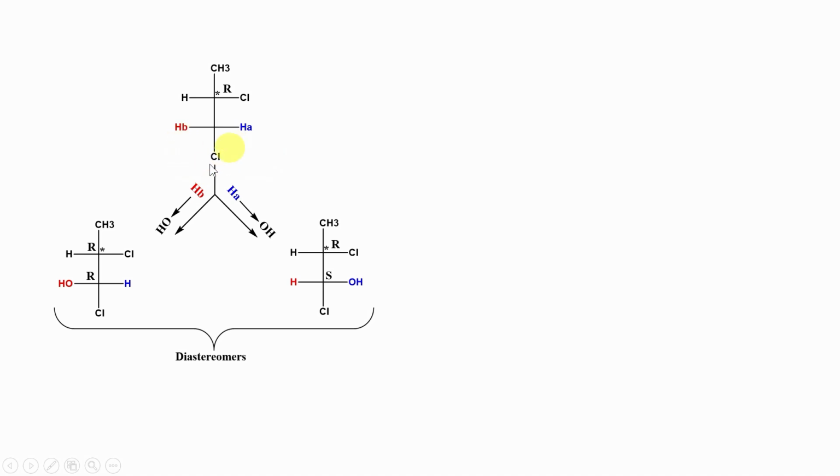Okay, here you can see the molecule already has a chiral center. That chiral center is attached to this achiral carbon atom containing the ligand that has to be replaced. And if we replace these ligands with an achiral ligand, we will get diastereomers. Thus, these ligands here, HA hydrogen and HB hydrogen, are called diastereotopic hydrogen or diastereotopic ligand.